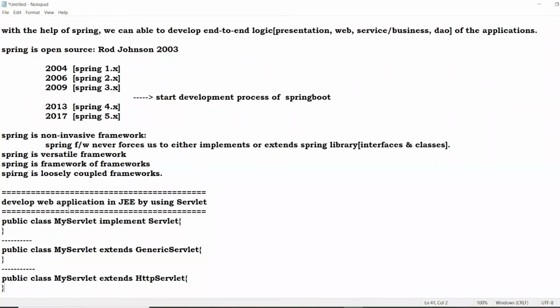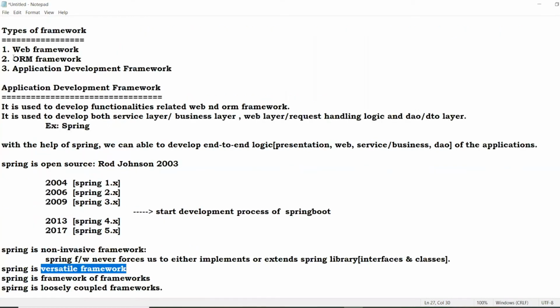Okay. Now, next one is the versatile framework. For example, assume I already developed one project using an ORM framework like Hibernate. I am already very good at Hibernate.